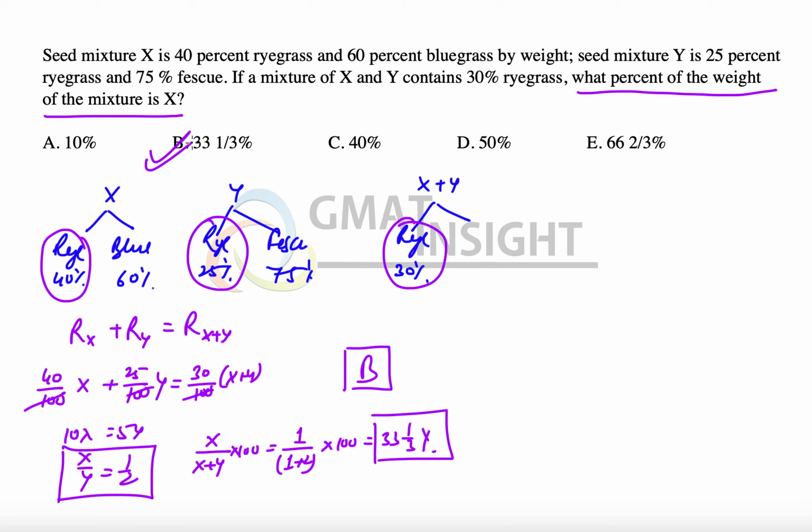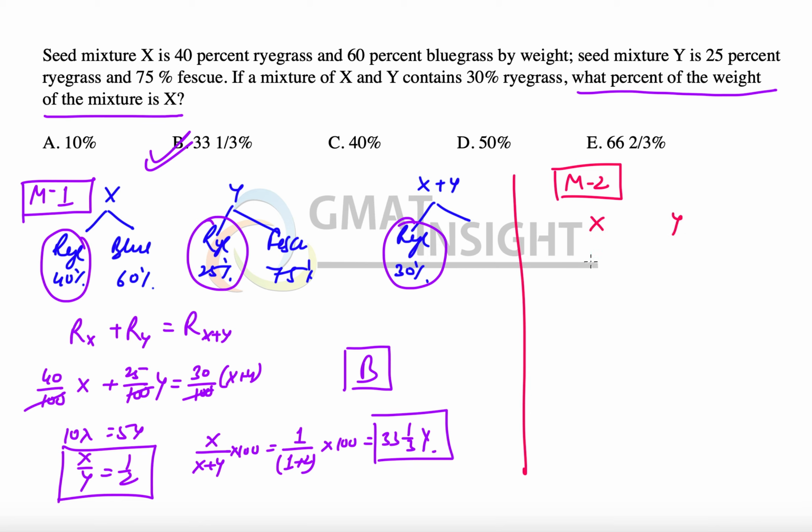Now we already have the answer, but let's quickly use method number 2 as well, and that is the alligation method. The alligation method says that once again you have to pick a common substance and use the alligation principle on it. So we have X mixture, we have Y mixture. X has 40% ryegrass, Y has 25% ryegrass, and the combination of the two gives us a 30% ryegrass solution,